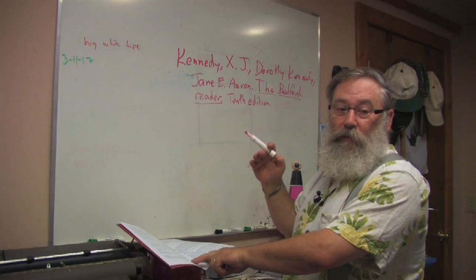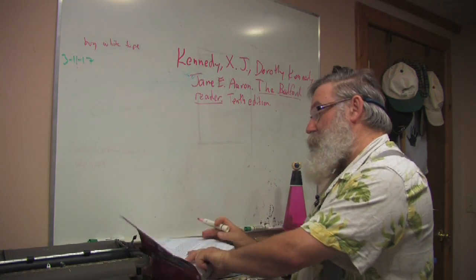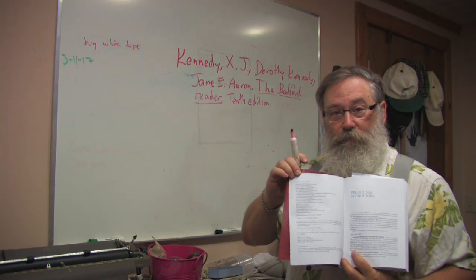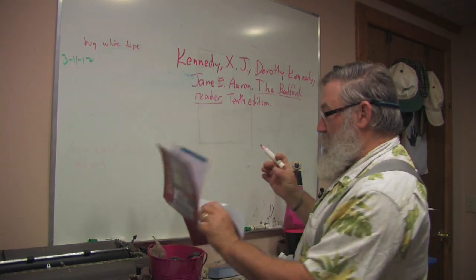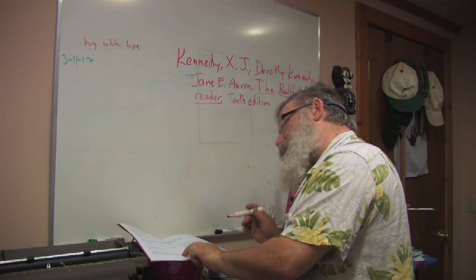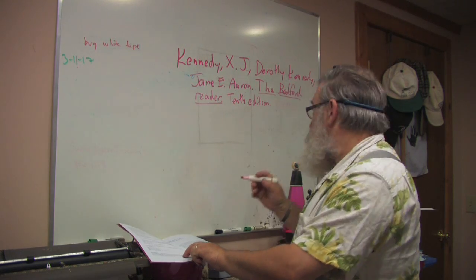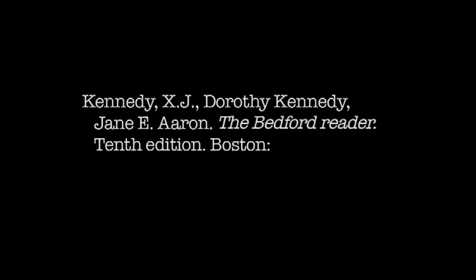Since there are multiple editions of this book, we say which edition it is, 10th edition. Then we have the city in which the book was published. You can find this on the copyright page, which is there at the back of the title page. In this case, we have our choice between Boston and New York. We can use either one. Let's use Boston,